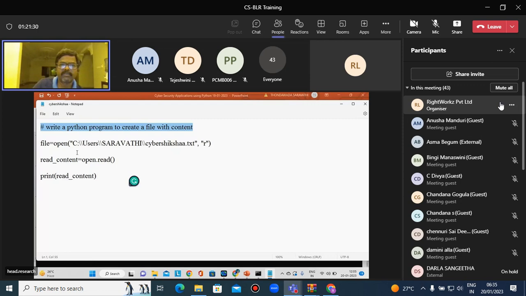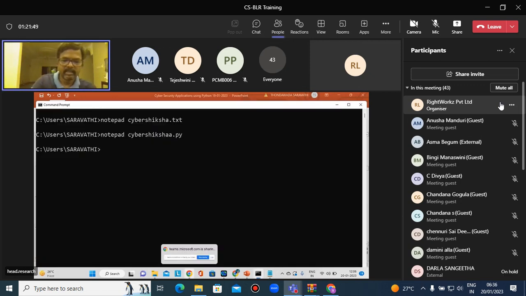I am creating a file called cybersiksha.txt, and then read_content equal to open dot read, print the read content. Now see, Control S, minimize. Now execute Python